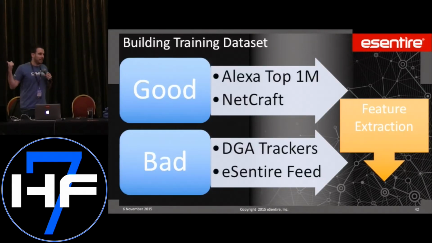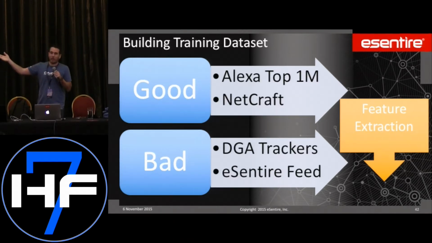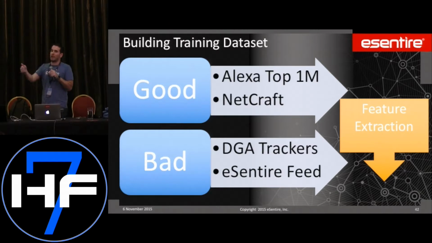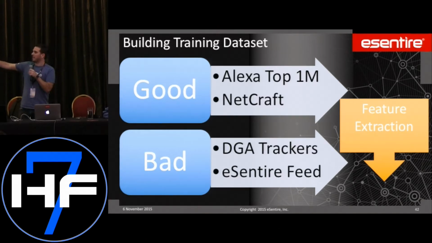Keeping in mind the domain generation algorithm as an example, here's how I went about it. Because we're going to use a supervised learning approach, I want to tell the computer, I know this is bad, I know this is good. So I need to get two big sets of data of known good domains and known bad domains, right? These are the two sources I used for the good: the Alexa top 1 million domains and Netcraft. Taken together, you get about 1.5 million known good domain names. And then